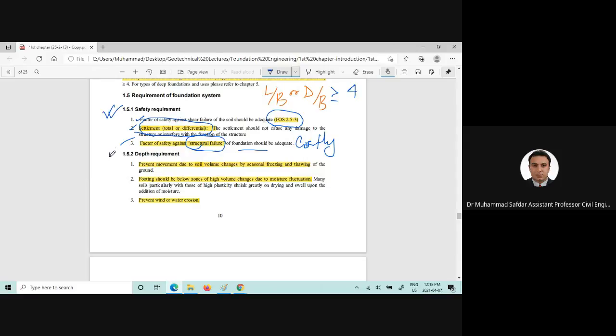Now, there is another requirement, and that is the depth requirement. For example, if we place a foundation in such a condition in northern areas of Pakistan or even in Balochistan,